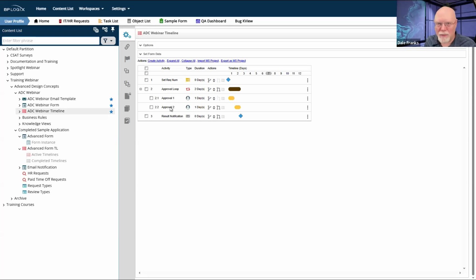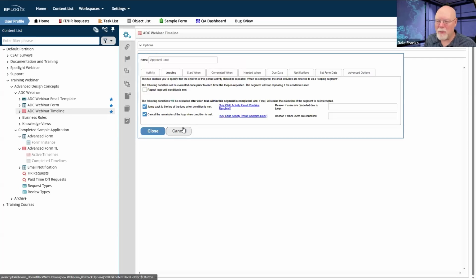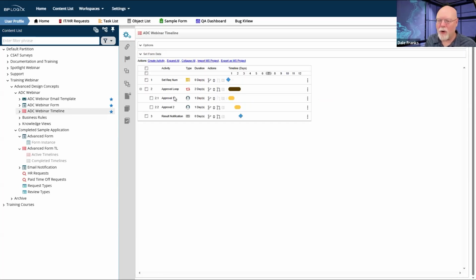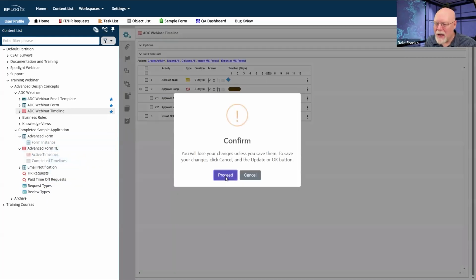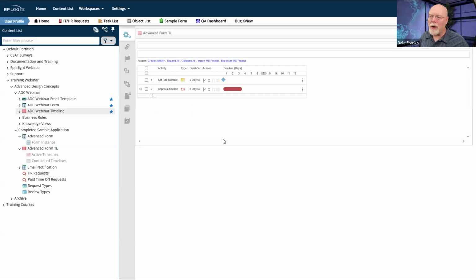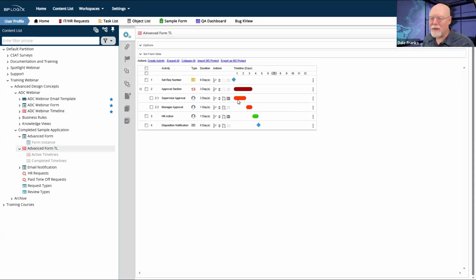First thing I'm going to want to do is probably rename all of these approval activities. Well, I may not want to rename approval loop. I mean, that's a pretty good explanation of what it is. But in this example down here, sorry, we're going to have to switch back and forth a couple of times. In this example down here, all I really have is a set approval, right? I've got my supervisor approval, my manager approval, and then there's going to be some sort of HR action based on my previous approvals and based on whether it actually reaches HR and they're going to do anything at all.